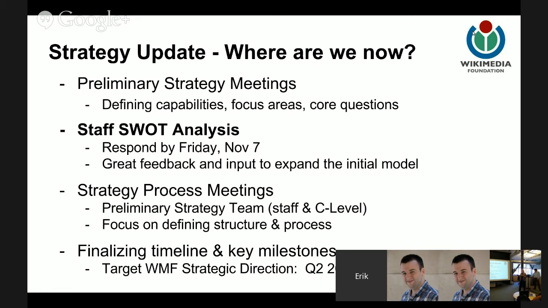There were groups of managers and directors and staff, and in those meetings, the organization began exploring the core competencies and capabilities of the organization. What are the really difficult questions, these polarities, the questions that we're facing? What's an initial SWOT analysis? So there's a lot of data that was drawn from the organization around who you are